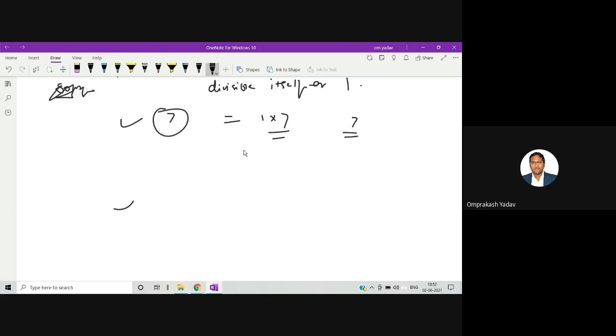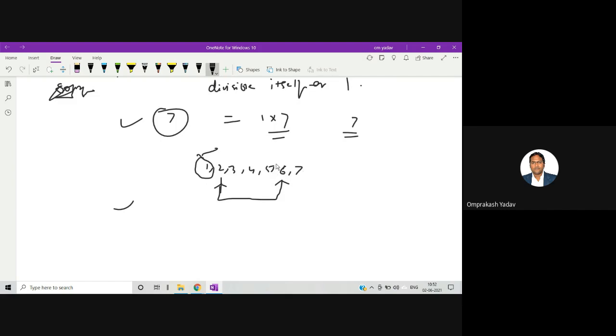Before this 7, there are different numbers like 1, 2, 3, 4, 5, 6. One simple algorithm is what we can start from. From 1 we will not check, because any number is divisible by 1, right? So we will start our loop from 2 and we will check till 6.